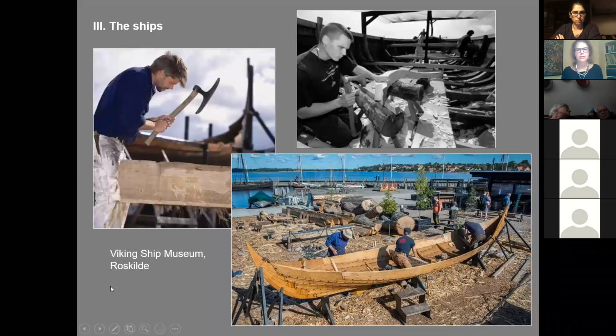And this is an example of the reconstruction process at Roskilde of using these traditional tools. So not using power tools, not using any kind of mechanized step in the process, but using, as they would have done in the Viking Age, how do we build a